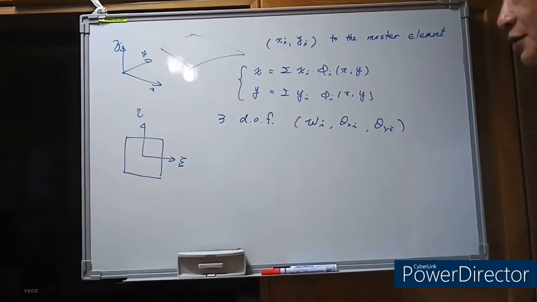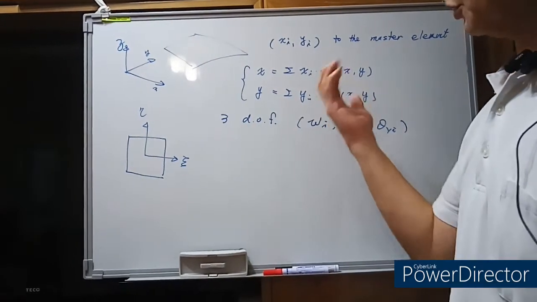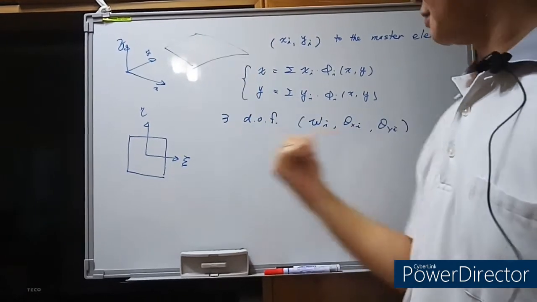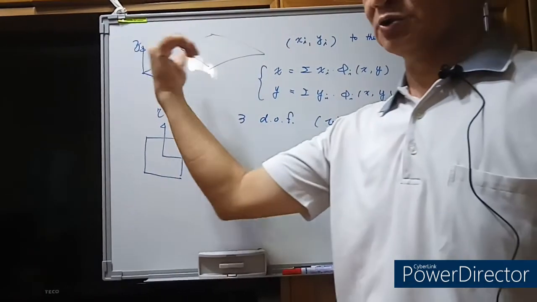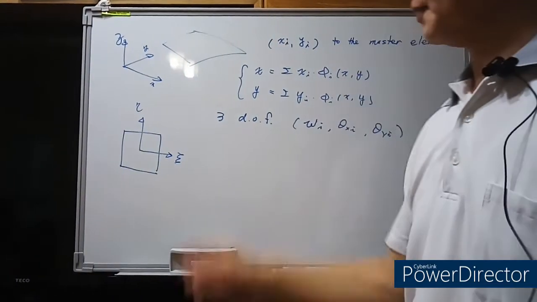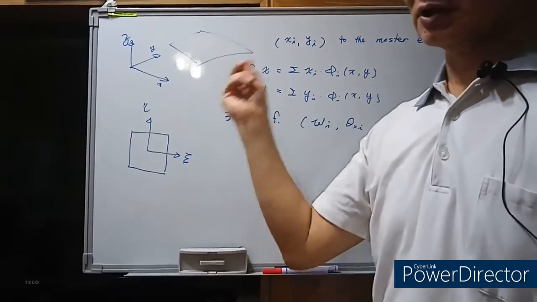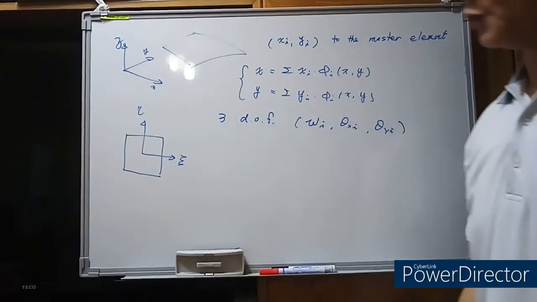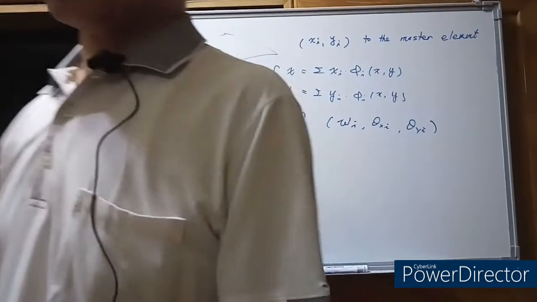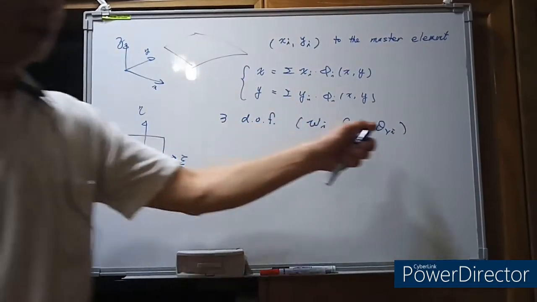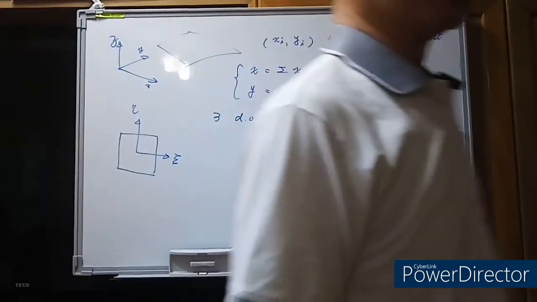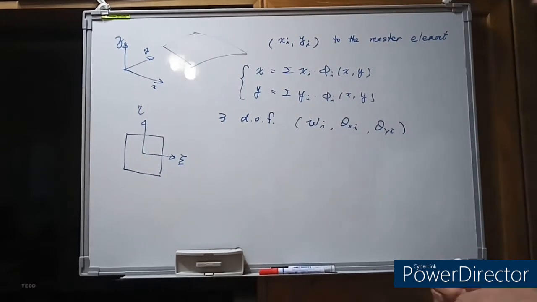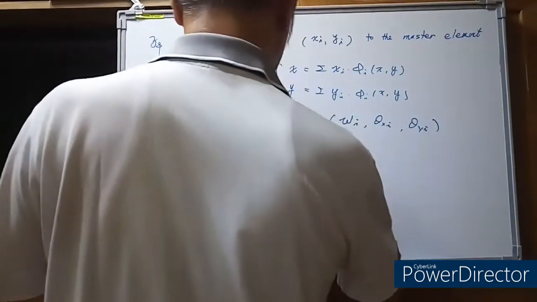Also, we have two rotations. The rotation about the x-axis, theta x, the theta y rotation about the y-axis, and also we need to assume these two rotations for each nodal point. And also we will send the three nodal displacements to the masked elements. Then we can establish